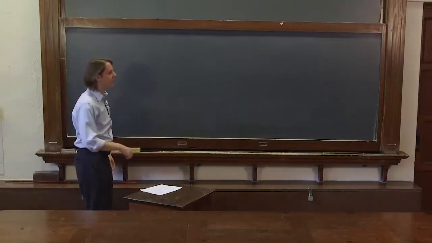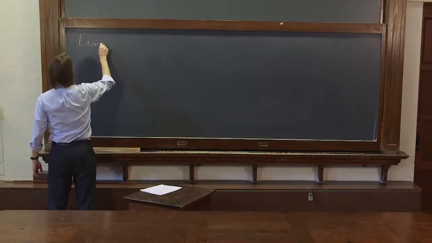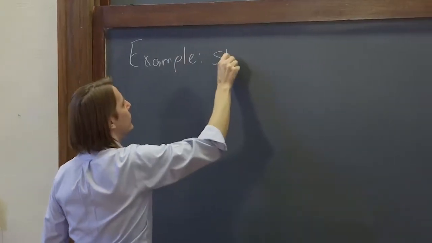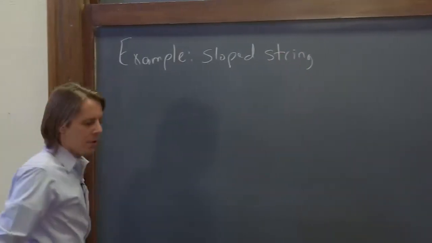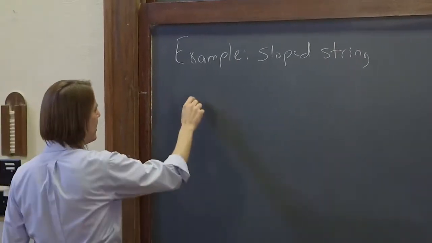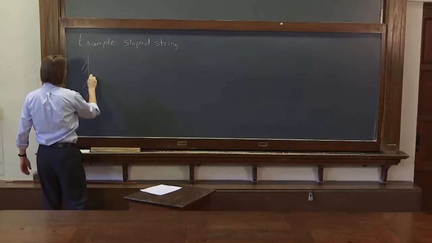Let's put this Fourier thing to work. Let's do an example of a sloped string. This would be the case where you have your string shape bound over here